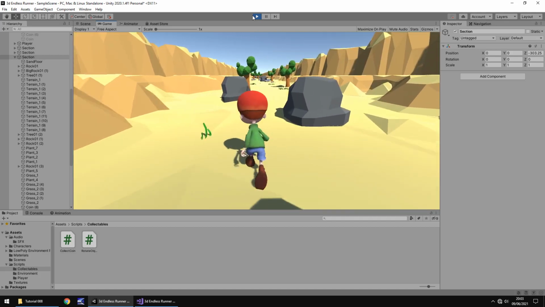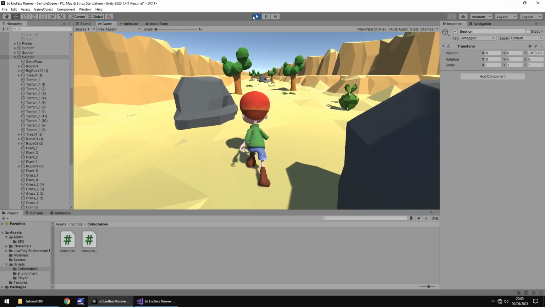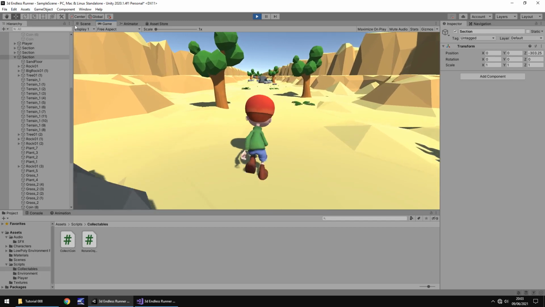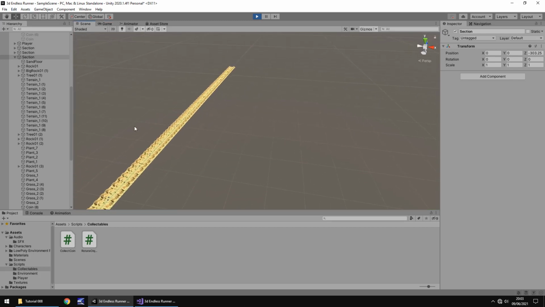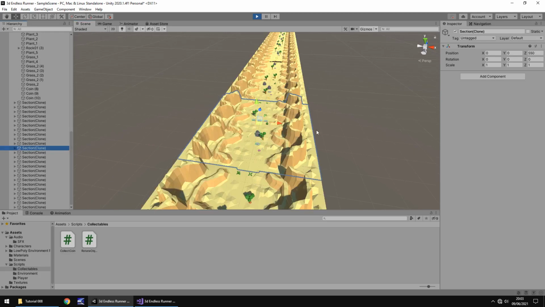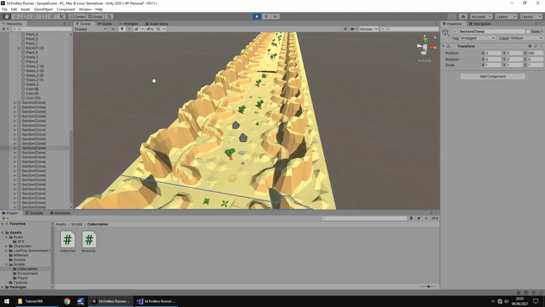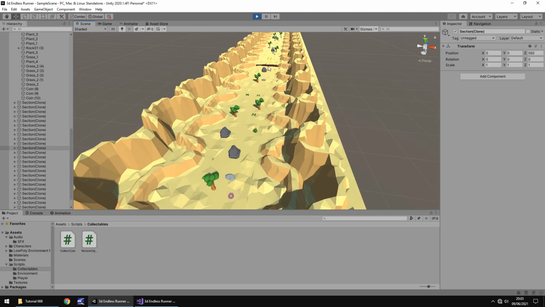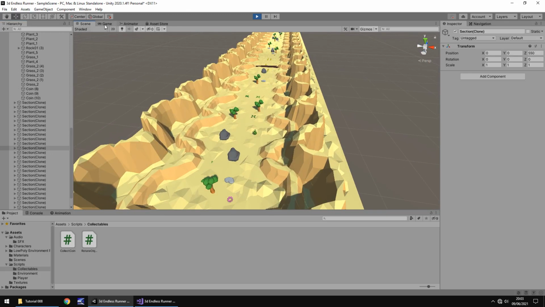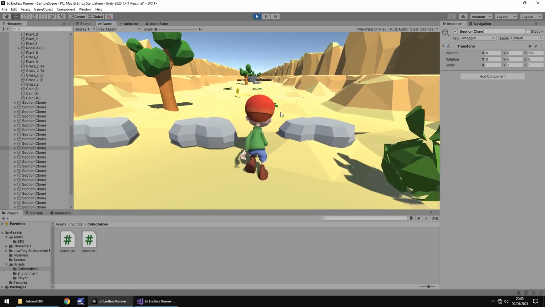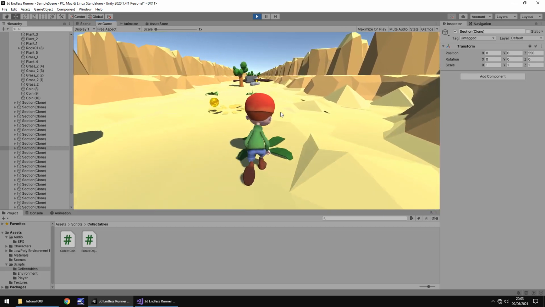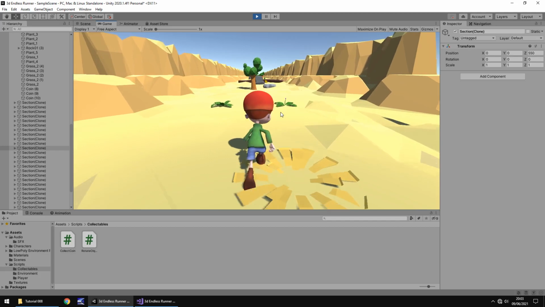I'm not seeing any more coins, but I'll tell you what we'll do. Let's go to our scene view and let's see if we can zoom in and see any coins. Yes, okay, so there are coins appearing in the sections further along. Here we go. There we are. So maybe if you want to fill up some sections with coins, you can, but it's as simple as that